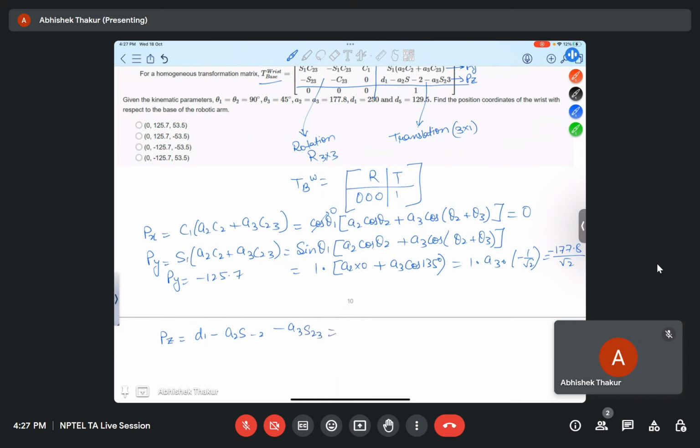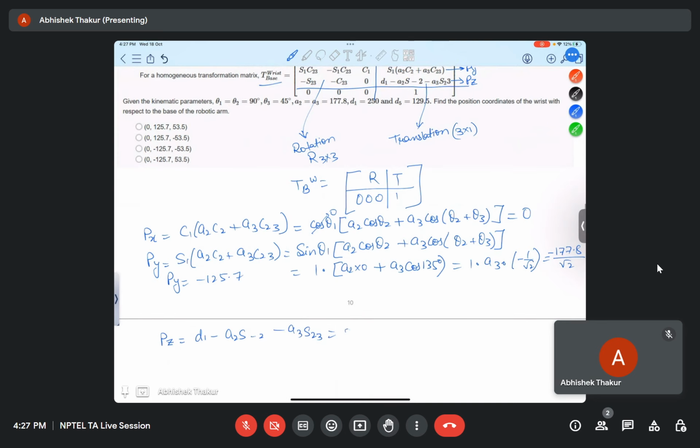So this can be written as D1, which is 250, 250 minus